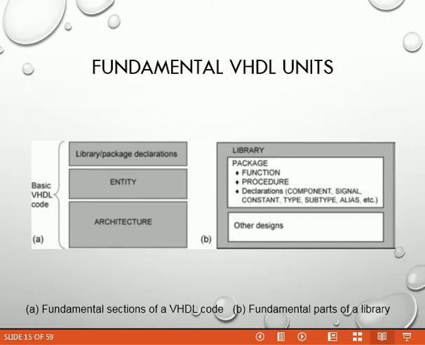It will describe what the inputs and outputs are, and what the types of these outputs are, that means data types, and all these will be defined in this entity. And then the third unit, that is architecture, which contains the VHDL code proper, which describes how the circuit should function, from which complete hardware is inferred.